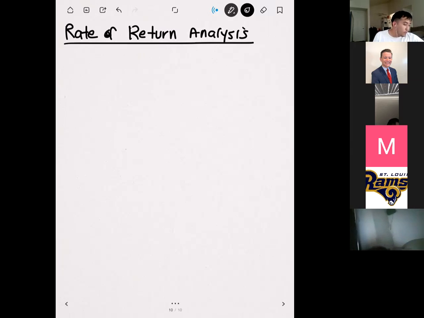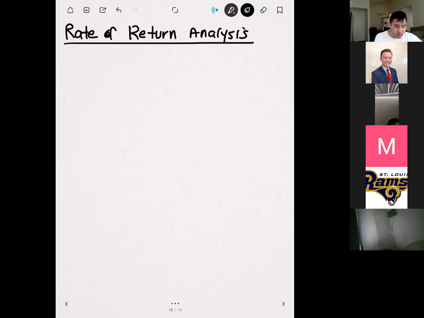Up to this point, we've covered 2 major economic analysis techniques: present worth analysis, and we just finished annual cash flow. Those are 2 out of the big 3 of economic analysis techniques that we'll do in this class. The last one here is rate of return. But compared to the first 2, rate of return is a little bit of a black sheep